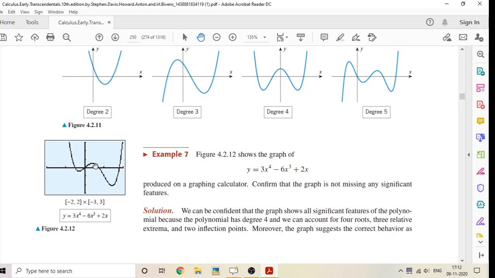So the significant features we have seen are: the graph is continuous, there are no sharp points or vertical tangents, and this is a 4th degree polynomial. So the number of intercepts is at most 4, there are at most 3 relative extrema, and there are 2 inflection points. Now as x tends to infinity, x raised to 4 is the highest degree term, so that is even. So as x tends to infinity,